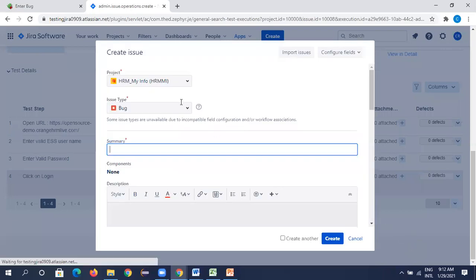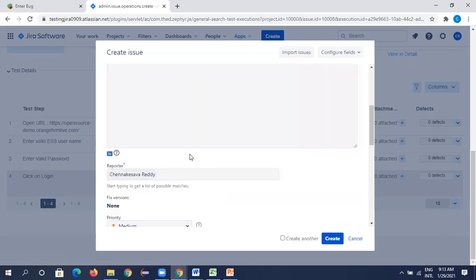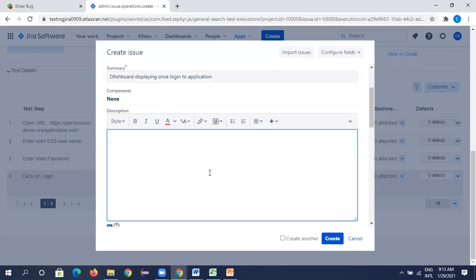Fail. Okay, so fail, then create a defect. Here you need to create a defect. So what is the defect? You need to write the summary like dashboard displaying once login to application. Okay. So in the description part, each organization or each team manager will have his own methods.